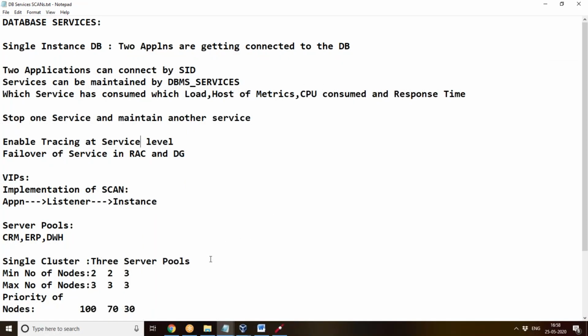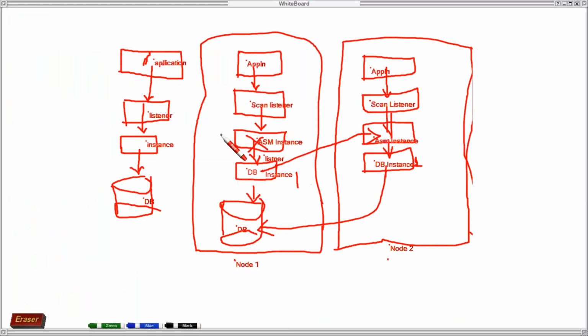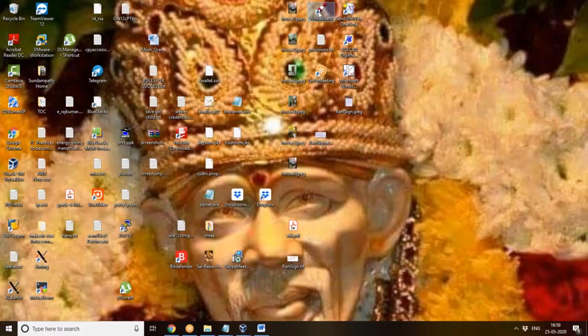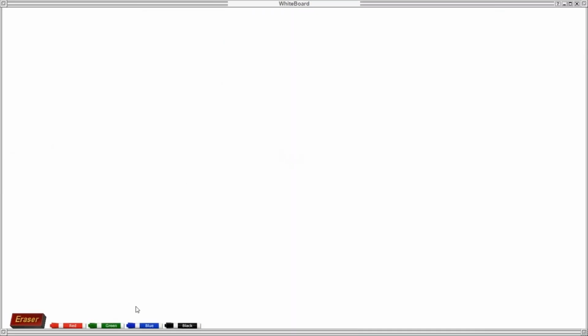Another one is, let's know about database services. So in a single instance, normally what will happen is your application will connect through the listener to the instance, and from the instance it will get connected to the database, isn't it?